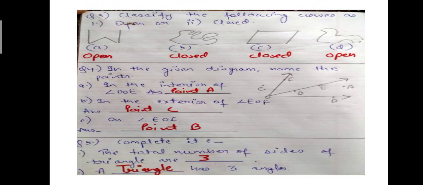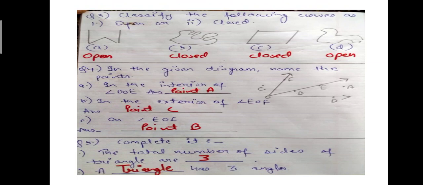So first, as you can see, the shape is W. It has a wide opening, so this is an open figure. In the second part, you can see that there is no opening, all the endpoints are meeting, so this is a closed figure. The third one is again a closed figure, and the fourth one, when you observe it carefully, you will find that the endpoints are close to each other but they are not meeting, hence it is an open figure.